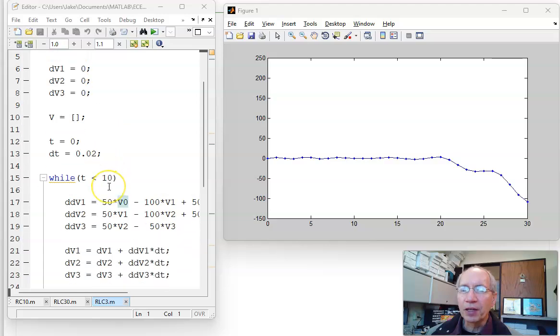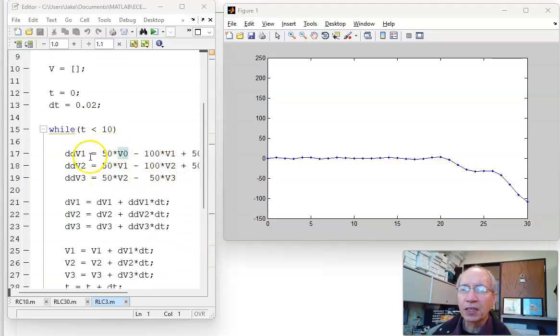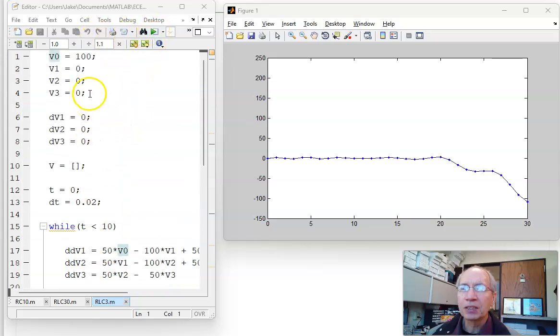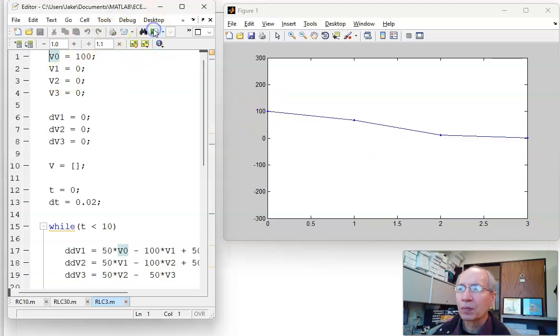So here's the MATLAB file. I calculate the second derivative, integrate to get the first derivative, integrate to get position. And I'm going to give it a step input. Initially everybody's 0. The voltage on the left goes to 100 volts. What happens? So when I run that,